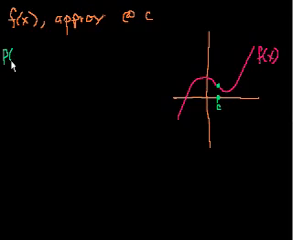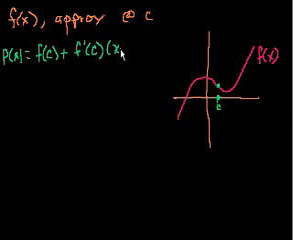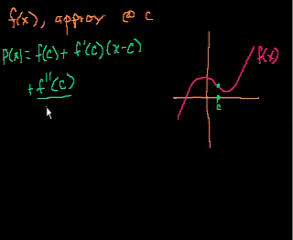P of x is equal to f of c plus f prime of c times x minus c plus f prime prime of c over, they say 2 factorial, which is just 2, but I'll write 2 factorial. They do that so that you see the pattern that emerges. This is over 1 factorial, really, and this is over 0 factorial, really,